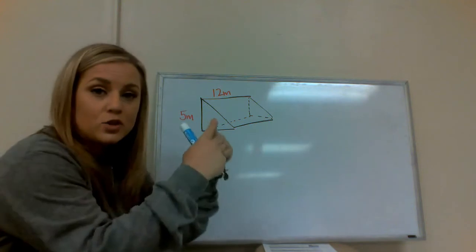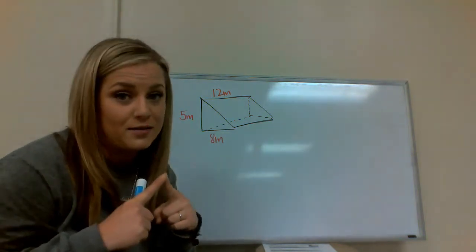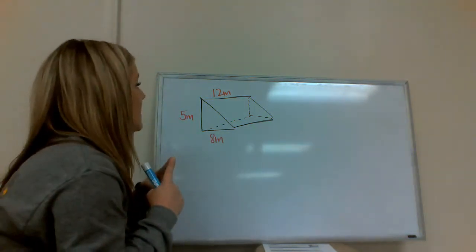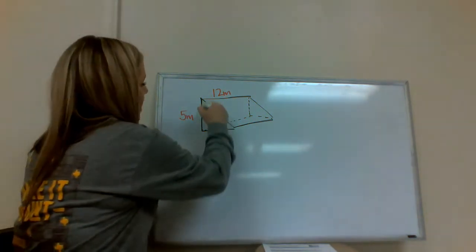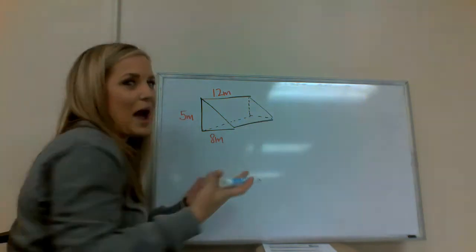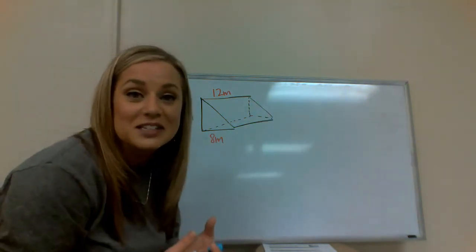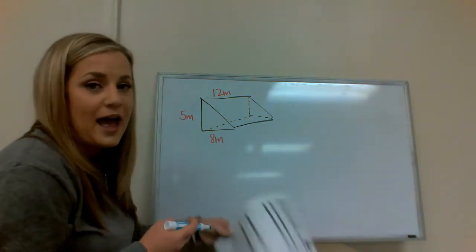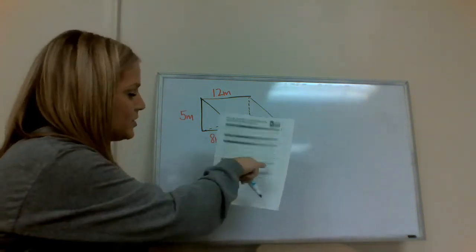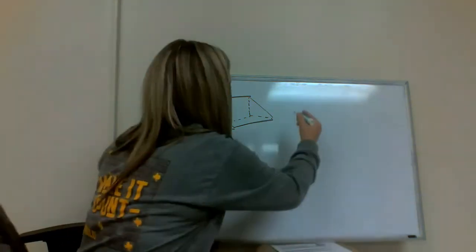Well, it's not coming to a point, so it's not a pyramid. It is a prism, so we know it's a prism. It looks like the bases are triangles to me. I don't know, so I'm going to assume that this is a triangular prism. So I'm going to go look at the volume of prisms, and again, it is capital B